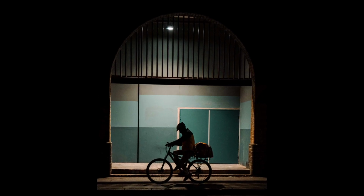So what you want to do when you're photographing your city at night, especially if you're doing street photography, is look for light sources such as light poles or neon lights. Use the light source or the neon lights as a way to light your subjects, such as when you see a pedestrian walking past a light source, try to capture that photo in the moment, so that you can go for